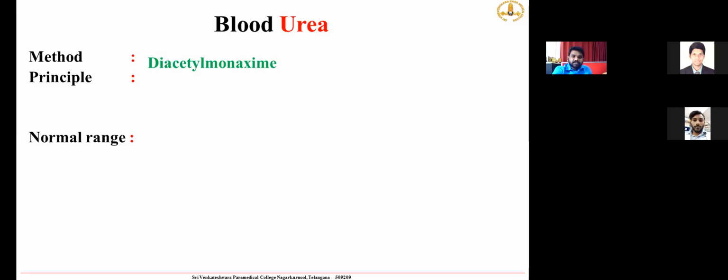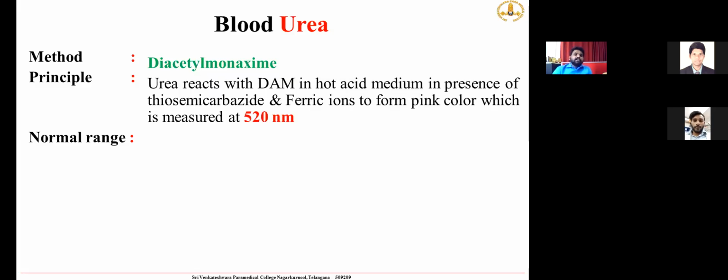Monoxide. And the principle of this diacetyl monoxide is that the urea reacts with the DAM reagent. Diacetyl monoxide, in short, is called DAM. The urea is present inside the sample. When we add the sample to the DAM reagent, then the urea present inside the sample will react with the